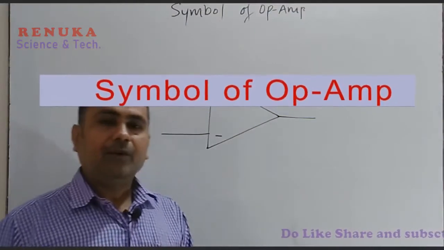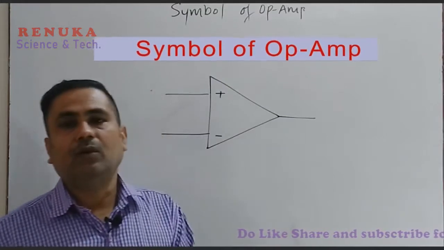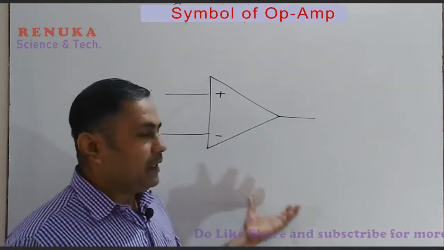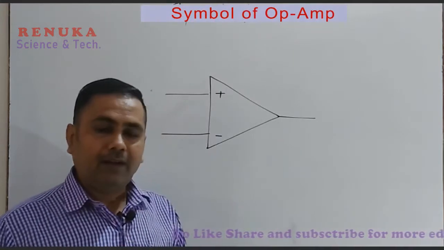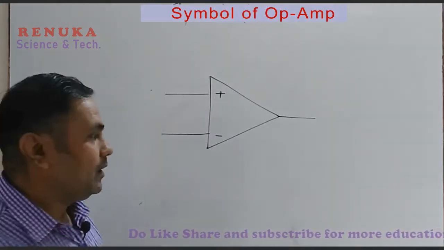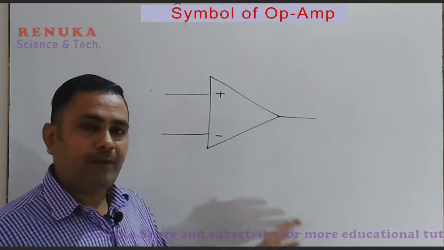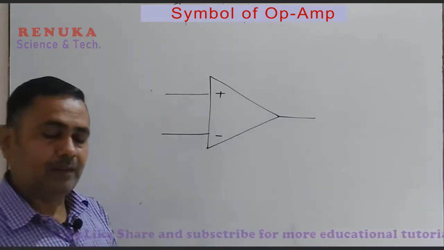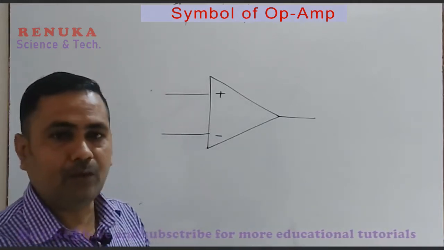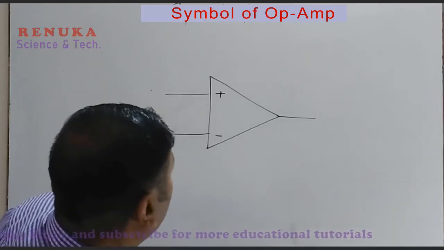We have already seen the block diagram of the operational amplifier and all the blocks. We have also gone through the discussion about the pin diagram of the operational amplifier. But if you want to draw a circuit diagram, this type of pin diagram cannot be used because of the circuit complexity. So that is why the operational amplifier is represented with a symbol, just like the diode, transistor and capacitor have symbols. In the same way, this is the symbol of the operational amplifier.